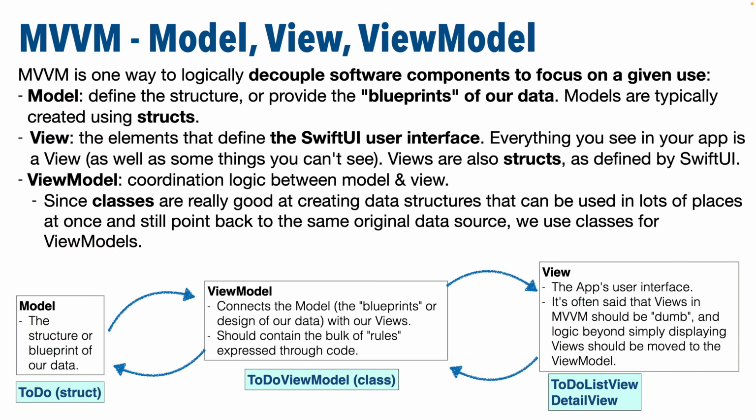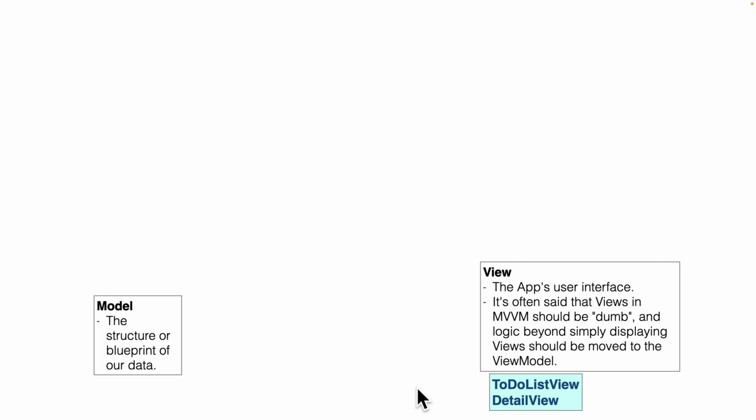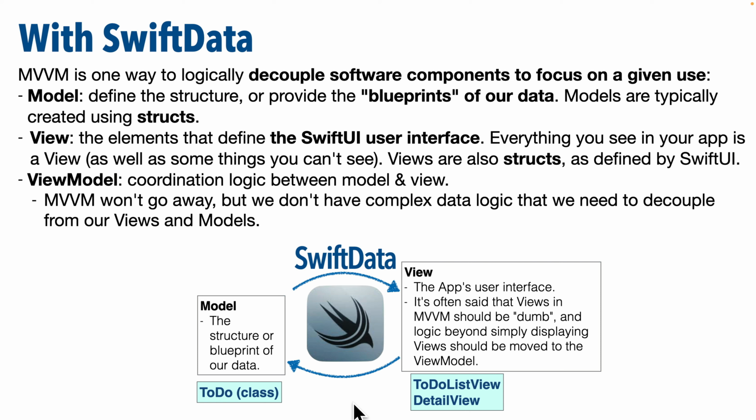Now, to give you a sense of how things are going to change, in our prior app, we had a model, which was a struct expressing our data, and a view model, which linked our views, our user interface, to our model, and that view model handled all of our data manipulation. Now, we're going to see in the update to this app that SwiftData is so efficient with so much built in that we aren't going to create a view model file at all. We'll just use one single model, which will be a class, not a struct this time. That's what SwiftData wants,